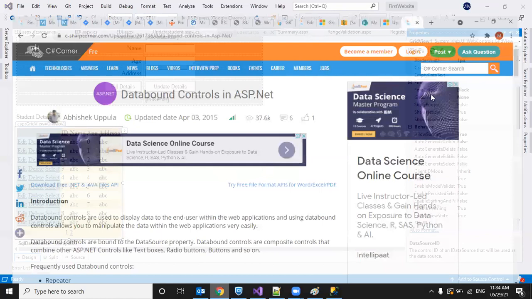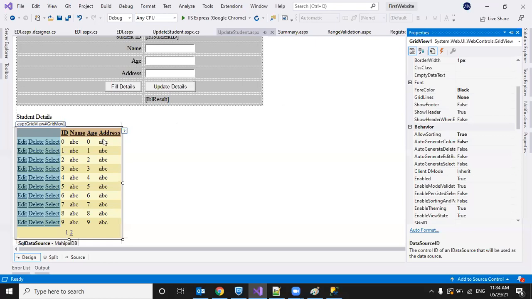If you want to display those lines, we can use show footer here. There is show footer. There is no footer here. Show header. We have a header, so we are showing it. So it automatically set it to true. Okay, allow sorting. So it automatically selected the checkbox. So it set this property to true. Auto generate columns false, and then